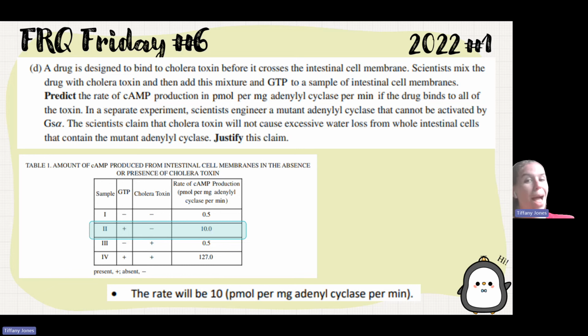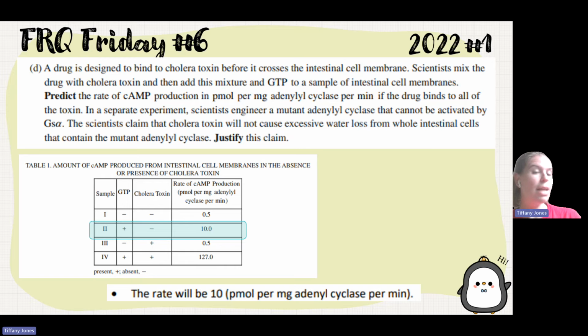If the drug binds to all of the toxin, so GTP is present and that drug is binding to all of the cholera, so there is no cholera. So we're going to look here where I've got GTP and no cholera, and the answer is going to be 10. The second part asks us, in a separate experiment, scientists engineered a mutant adenylyl cyclase that cannot be